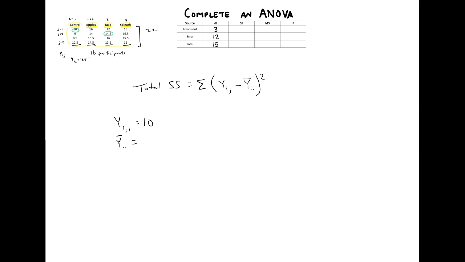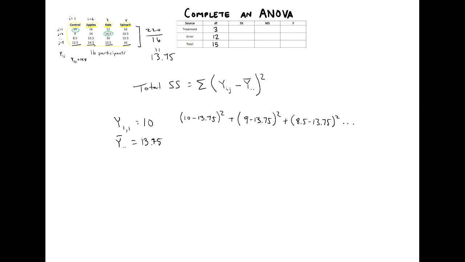So the sum of all these values is 220. If we divide that by 16, it comes out to 13.75. So y bar, the grand mean, is 13.75. Now we're going to take 10 minus 13.75, square that, and then add it to the next one, which is, we're just going to go down through the control group, 9 minus 13.75, square it, plus 8.5 minus 13.75, square it, and so forth,